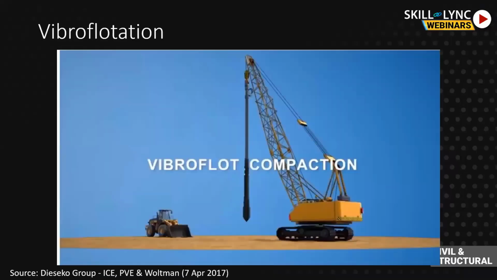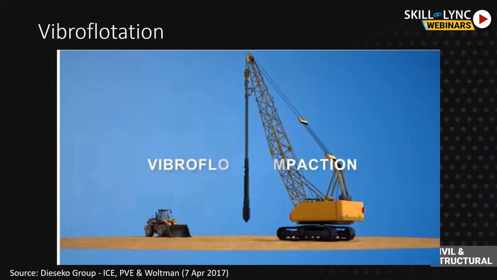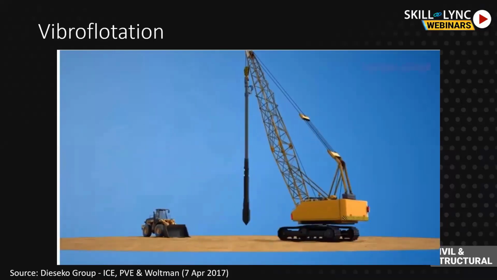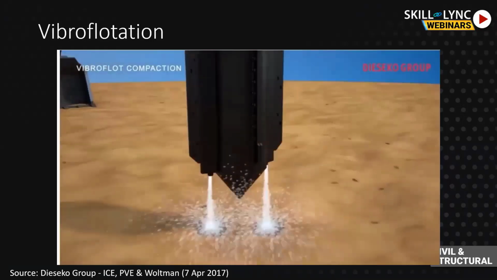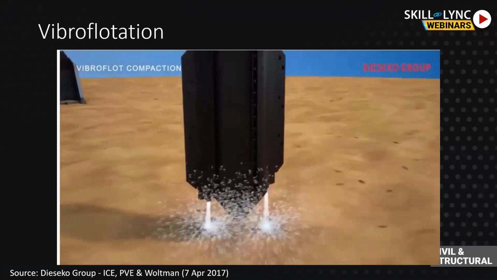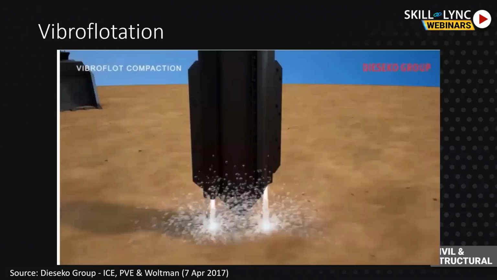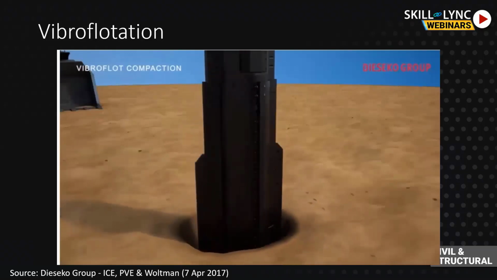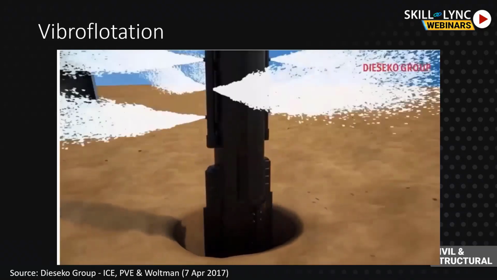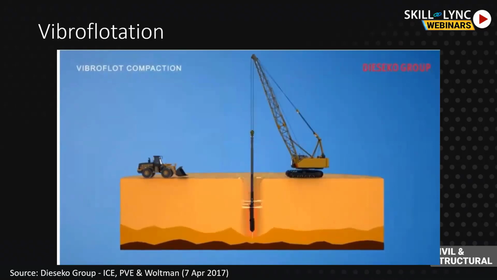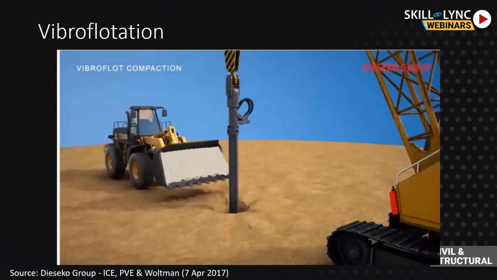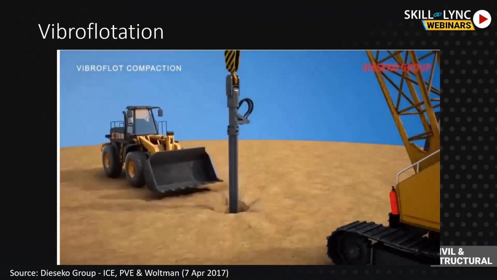Have a look at the vibro float compaction method, a short video. A jet of water is first flushed into the soil to loosen the soil, and then the vibro float vibrates, and as it vibrates, because the soil is already loosened by the jet, it penetrates into the soil, and the side jets, which are at very high pressure, tend to densify the soil around the borehole, and as we mentioned, it is backfilled with granular material.